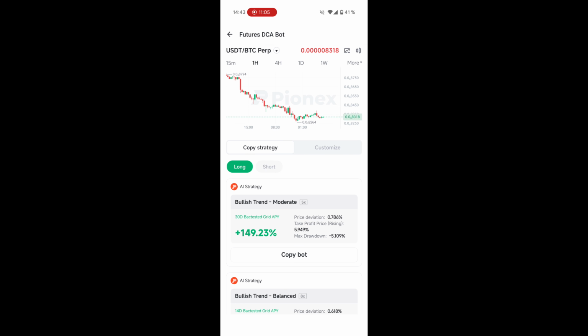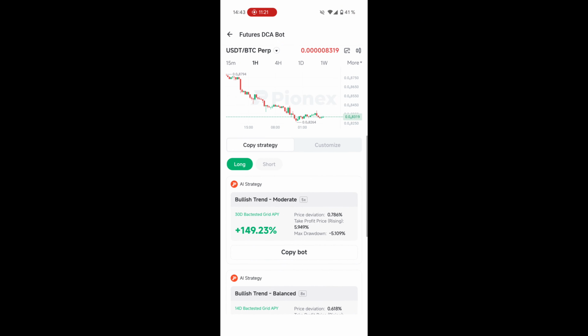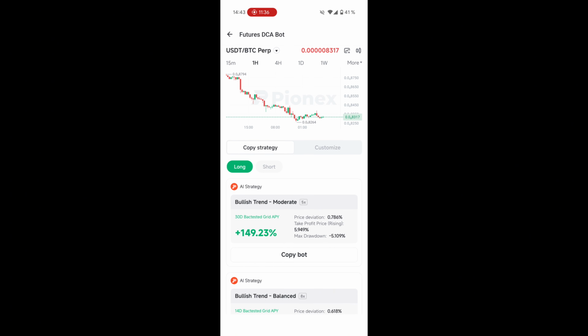But now you need to remember everything is flipped. You can see it's currently 0 point, a lot of zeros, and then 8319. So if you would normally want to have a long DCA bot on Bitcoin, meaning you expect in the long term Bitcoin to rise compared to the USD value, you need in this case to open a short bot. This is very important because this is flipped. Everything is flipped. And that's why you also invest BTC in that.